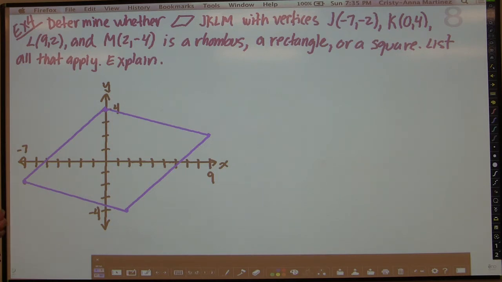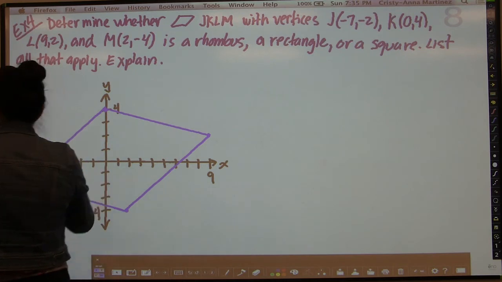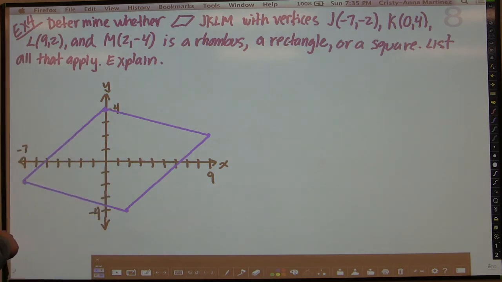So we know that it's not going to be a square or a rectangle, but it could be a rhombus. That's basically because you can see here that these are not going to be 90-degree angles. So we can pretty much rule out a rectangle and a square. But if we want to confirm that it's going to be a rhombus,